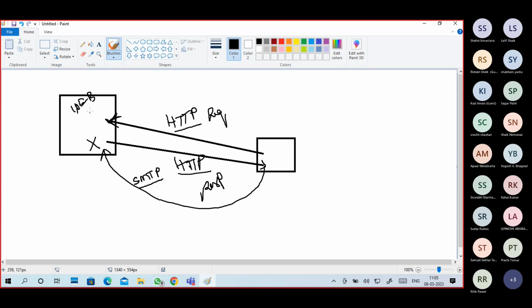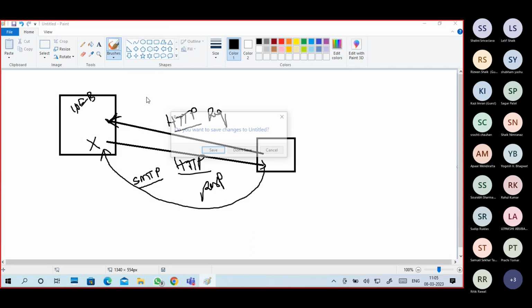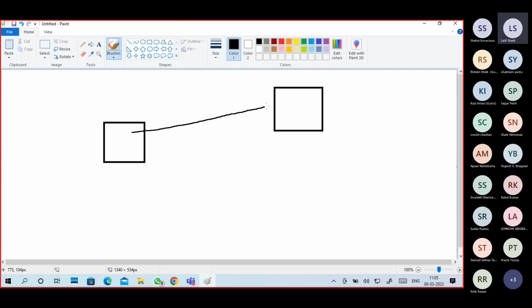Okay. So guys, when you are communicating in the network from one device to another device, either can be a client and server system. You want to connect, you want to share some information, or you want to share a folder, you want to share a printer, or you want to access something from it. You want to access a website or maybe a mail communication. It can be file upload and download, or it can be time synchronization. It can be authentication related. So the communication is understood by their protocols.